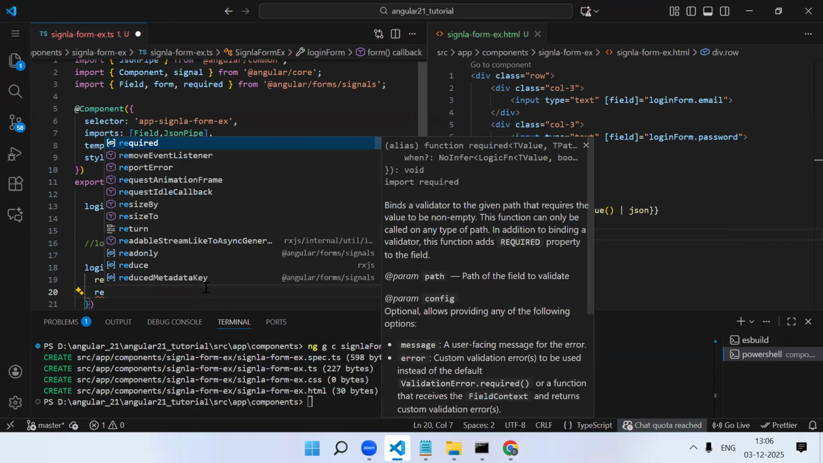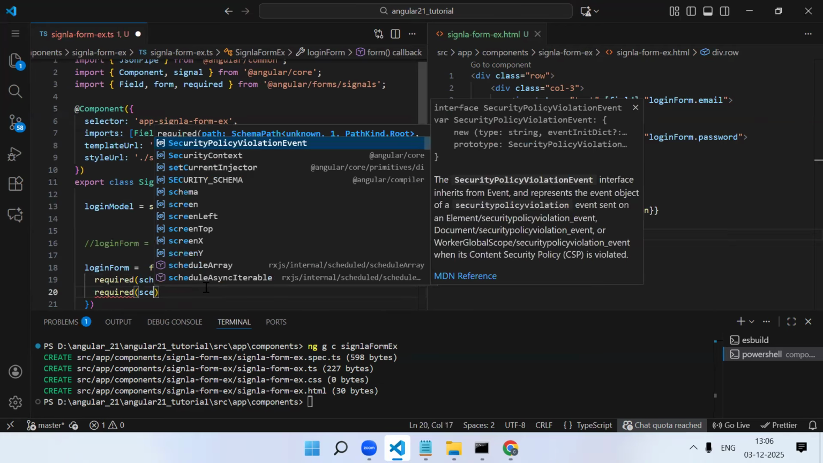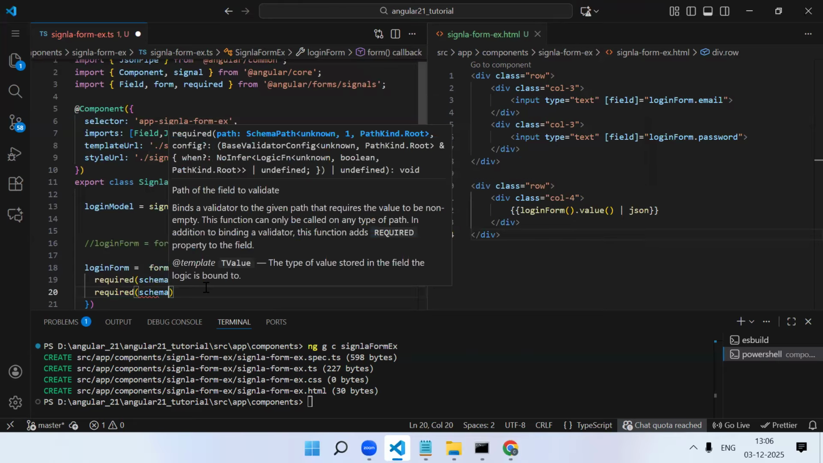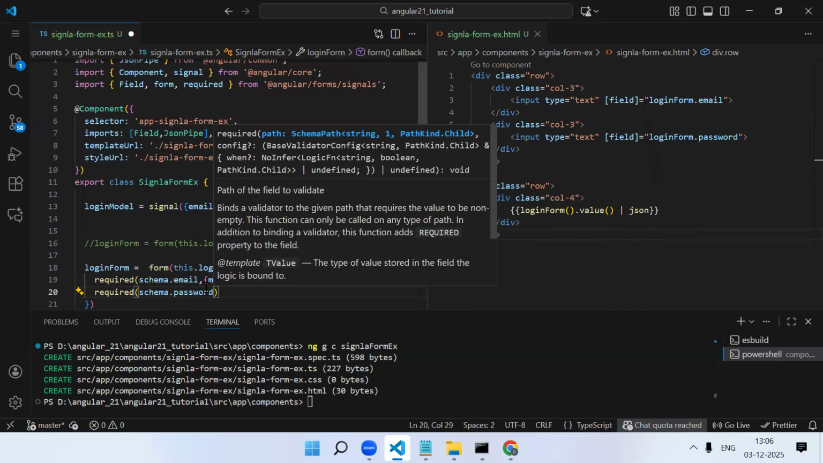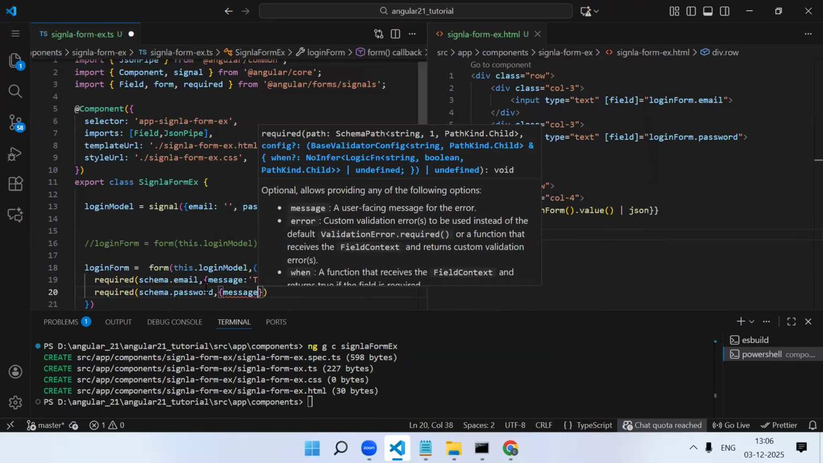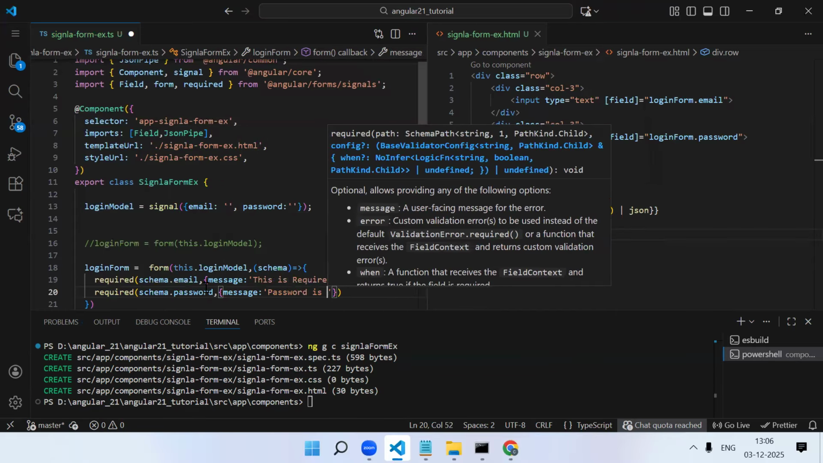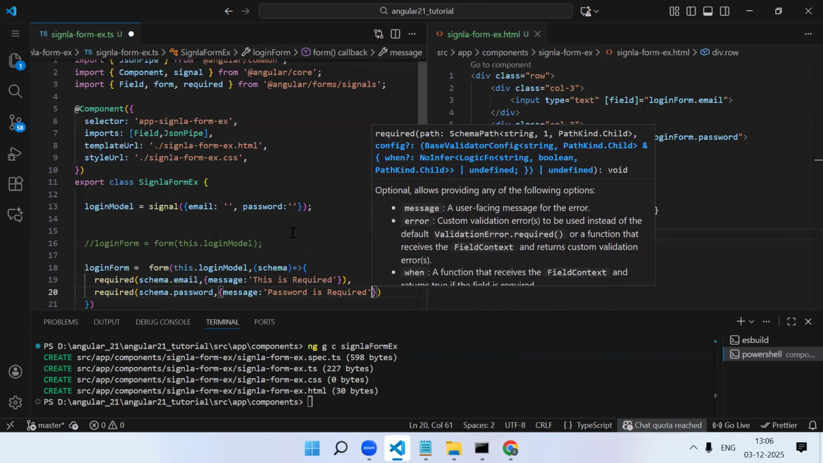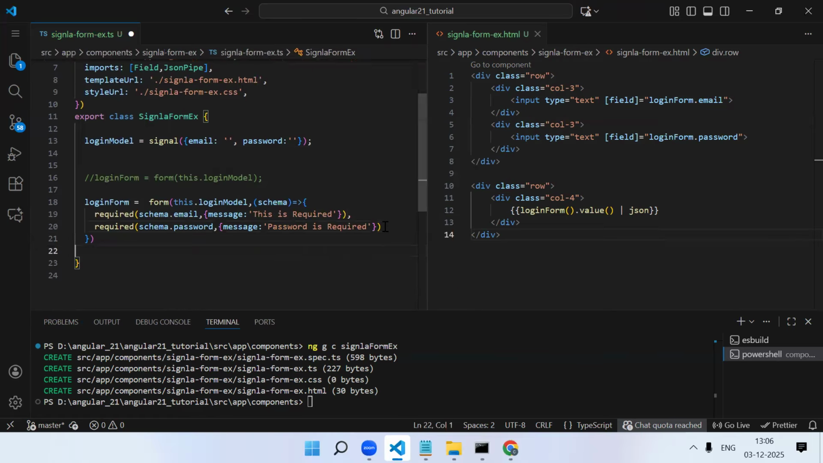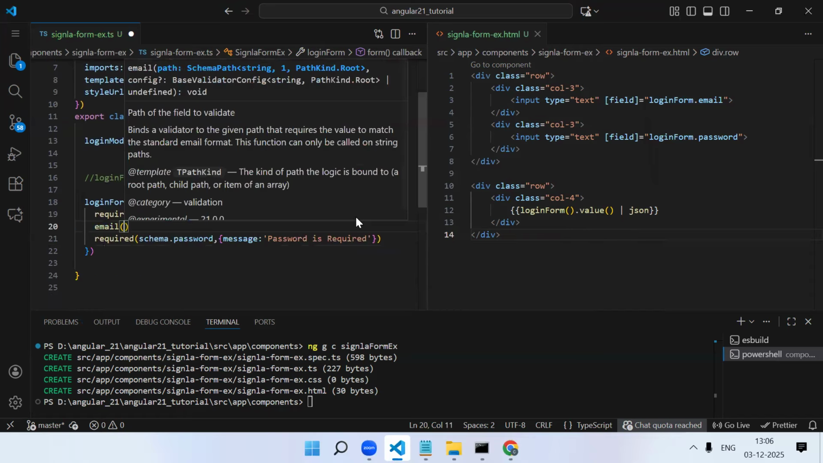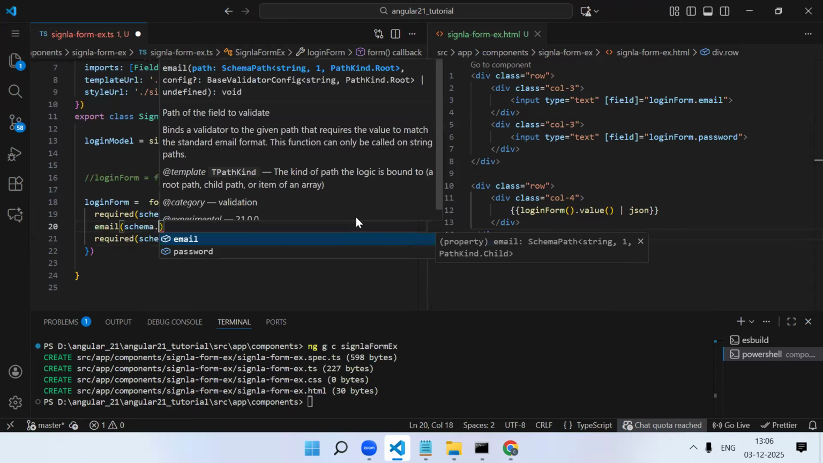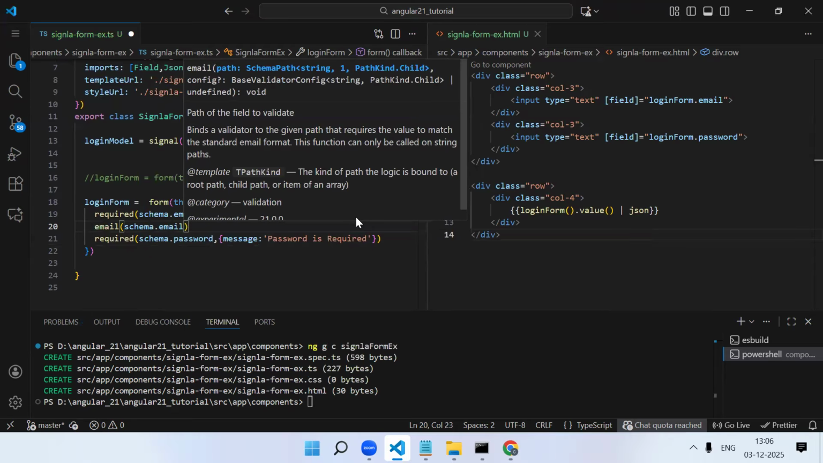Let's say again required, schema, which field? Let's say password, comma, message colon password is required. Like this, you keep on adding multiple validations for the respective field. So for email, we added this. Let's say for email, you need to add the email validation also, correct? So here we will try email. Schema. What is email? Means this email validation, on which field do you need to add it? Email field. So comma